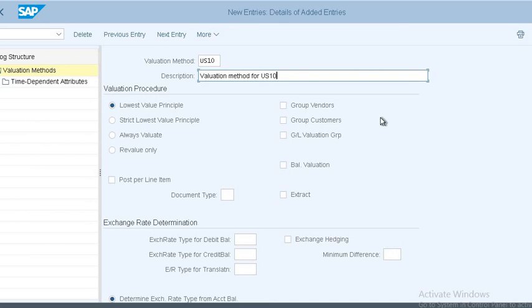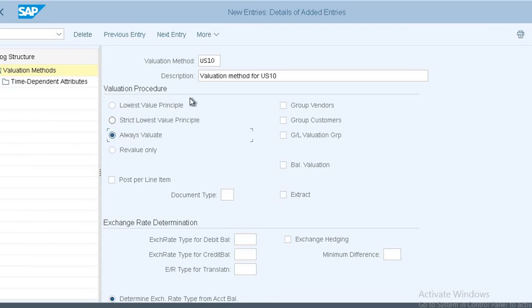And here, if you come to the lower value principle, according to that, which principle you are going to use for the valuation. We need to do the always valuation. So we are going to evaluate either an increase in the currency or a decrease, that is always valuate.